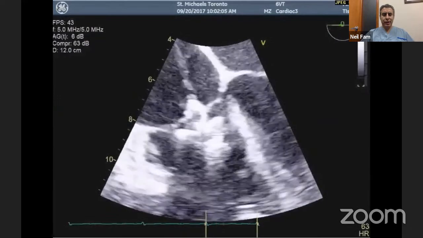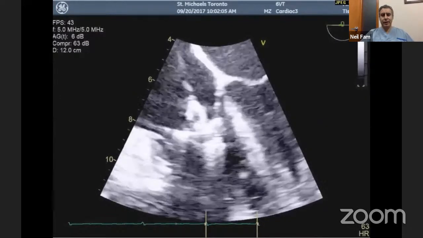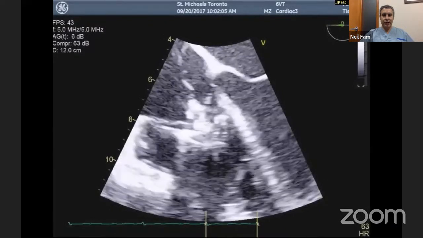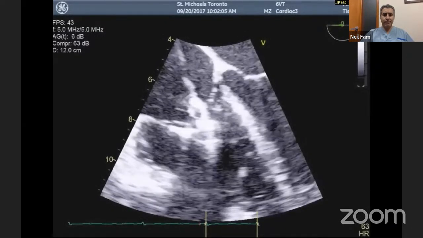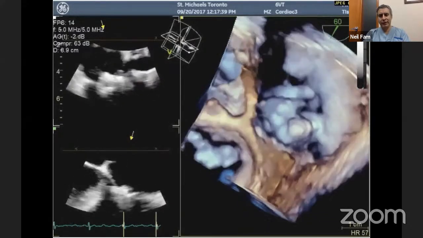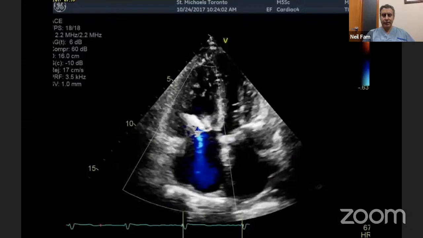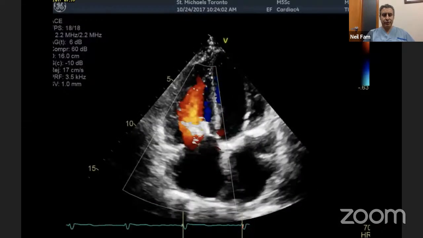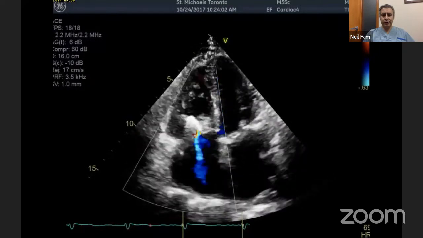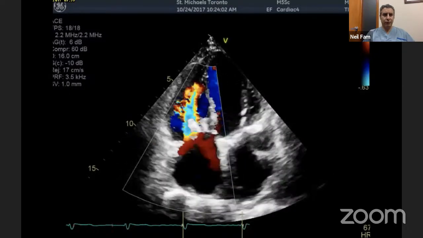So the procedural strategy was to place 2 Pascal devices with a percutaneous clover technique, the first anteroseptal as shown here, and the second postseptal. So this is post-implantation of 2 devices. And we had a very nice reduction in TR down to mild. Gradient was 2, and this patient did extremely well. Was discharged from hospital and had no further heart failure